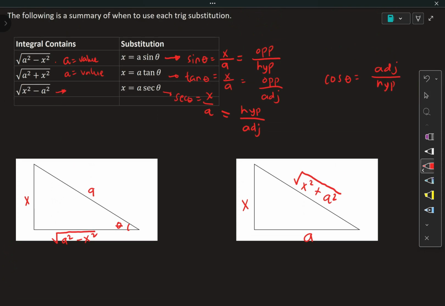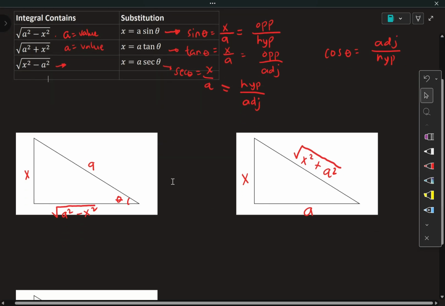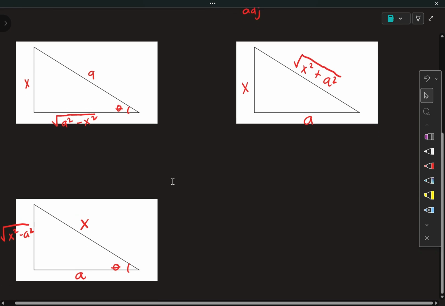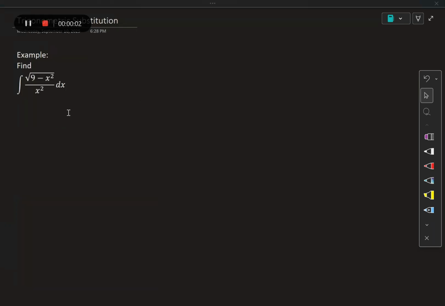So you can use this analysis to remember the integrals containing these forms. Aside from that, we will be using this analysis in solving the integrals of the given functions later. Now let us try this example: the integral of the square root of 9 minus x squared over x squared dx. In solving this type of integral, knowing that we will be using trigonometric substitution,